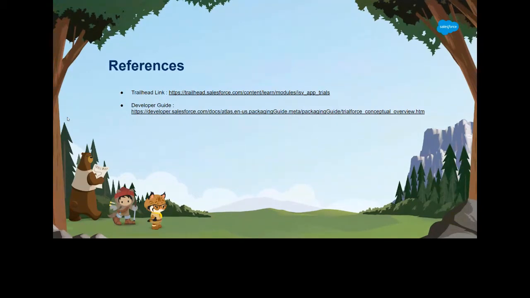Avnish, is it fine if I share my screen now? Yes, you can share your screen. Okay, one second.